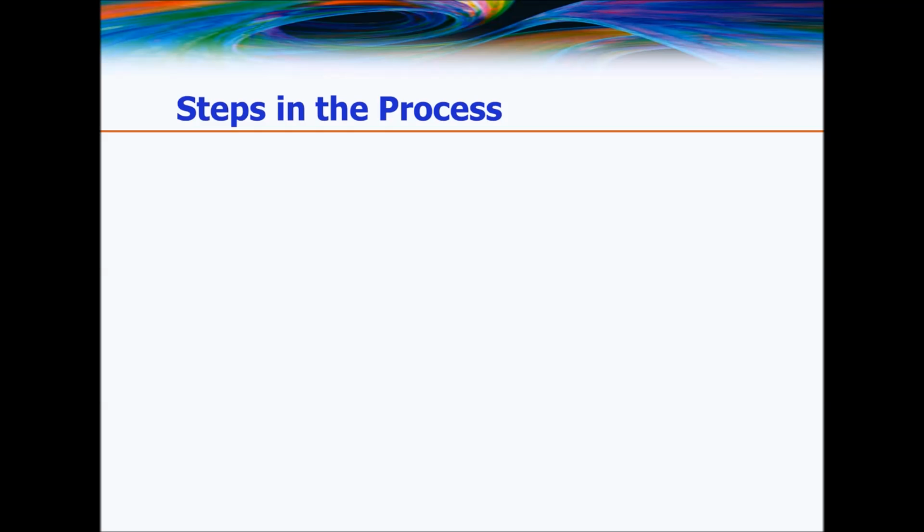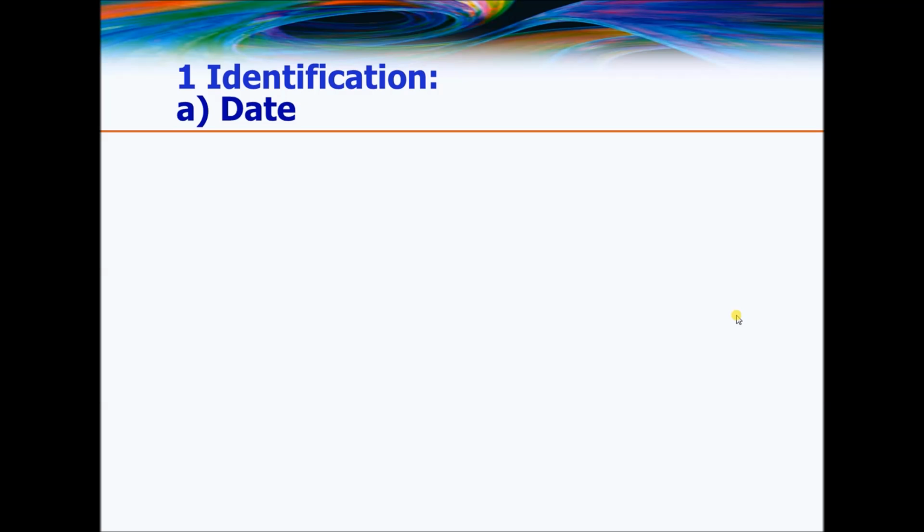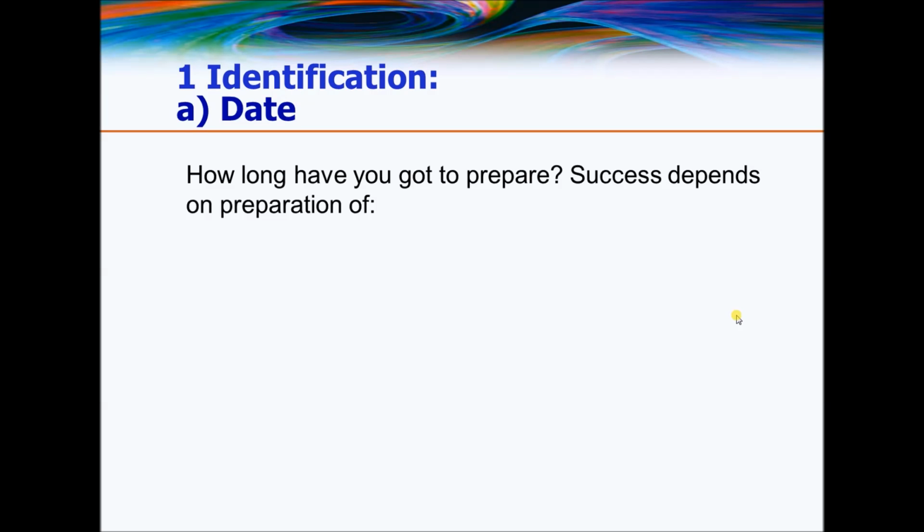Steps in the process. For identification, what we're going to go through is the date required, what the occasion is, the format that's expected, who your audience is, how long it should be, and what your message should be. So the first of these that we need to think about is our date. How long have we got to prepare? If you've got months or weeks, you've got lots of time. If you've got days or hours, you need to really plan carefully to make the best use of all the